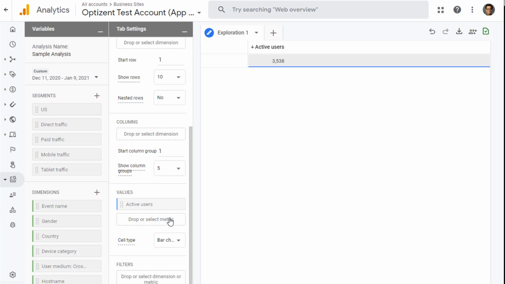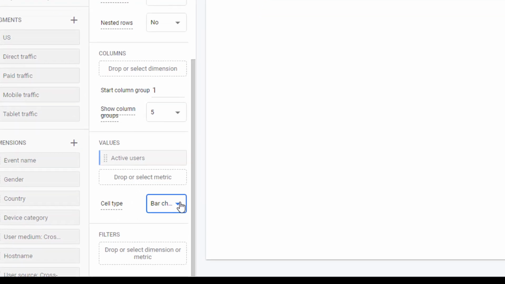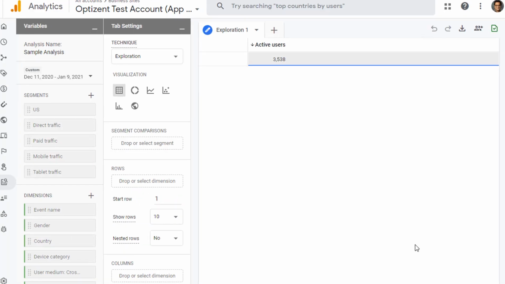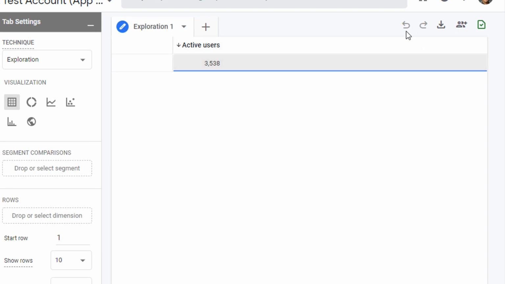This is the metrics that you want to look at. Currently, by default, Google Analytics puts active users as the metric, and that's what you're seeing here. You can change the view of this metric by picking the cell type from this dropdown. And then finally, you can apply a filter to your data. Moving along, in this main area, you have